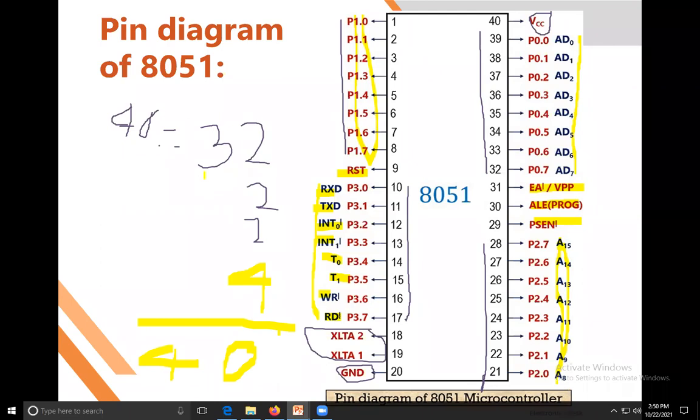So these are the 2 pins for the 2 timers, which are 16 bit. And then another is if you have to write anything on the 8051, or read from the 8051, there are read and write pins. So understood, these are the pins. And the VCC pin needs a 5 volt supply to start the 8051, and the ground pin you have to connect to ground. Okay, so these are the pins. We are discussing the other pins in the next slides. Understood everybody? 8051 pin diagram and architecture.